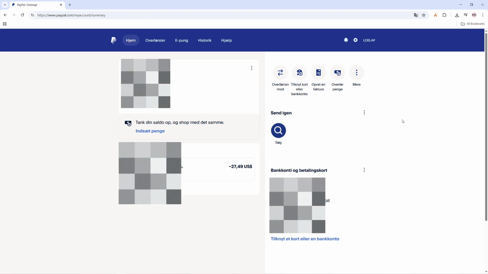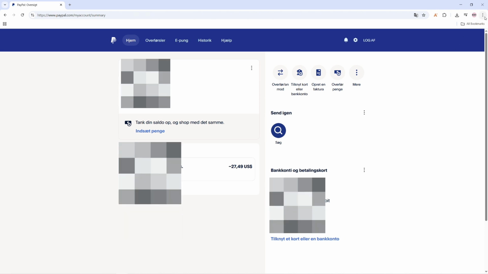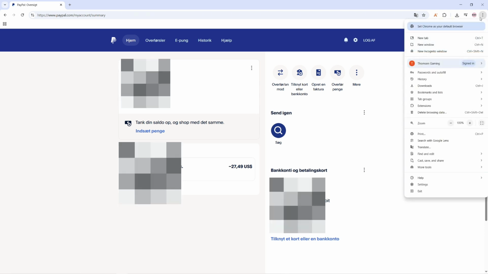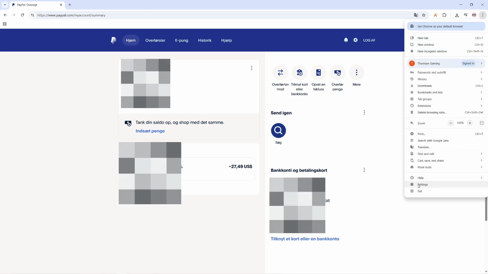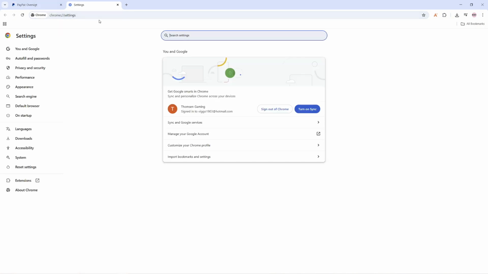So the first thing you want to do is log into PayPal and then go up to the three dots in the top right corner at the search bar, and then scroll down to settings and click on settings, and it will open a new tab for you. In here you want to search for cache,